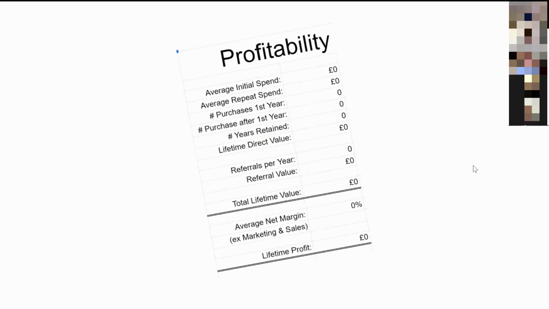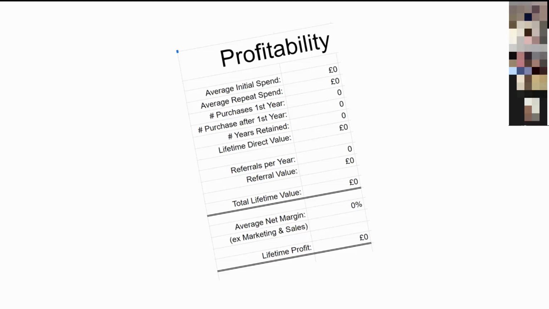Okay, so if you remember, I don't know whether anybody remembers this tiny little profitability calculator that I put together. You put in the initial spend and then you put the repeat spend. So that was assuming you were going to get more spend from your customers as you go through. Spend in the first year, the annual spend after that, the number of years of retention, that gives you some kind of value. And then the referral, and we talked about referrals last week, how fundamentally that can double the profitability that you get from any one customer if you've got a good referral program in there, and it gives you some kind of lifetime profit.